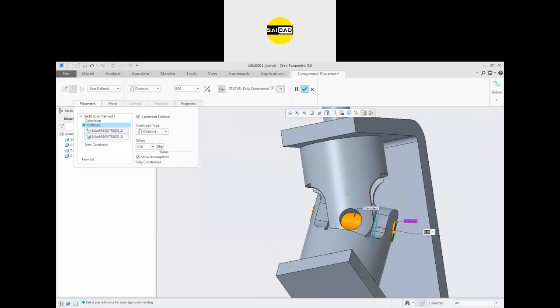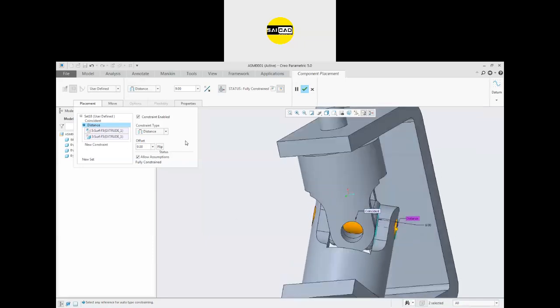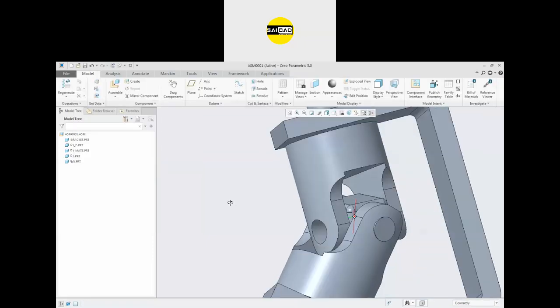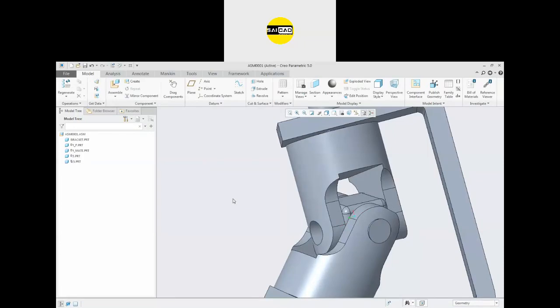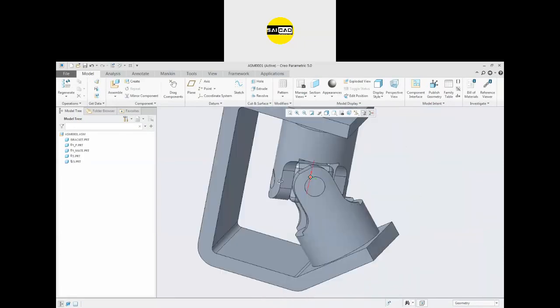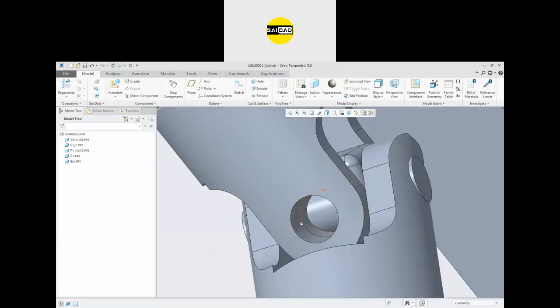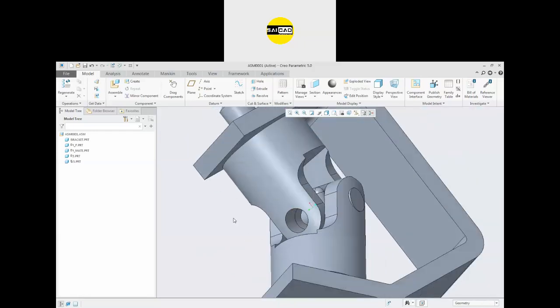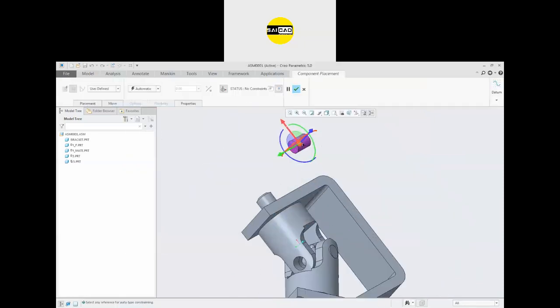So you can see it is around 9. Define the value 9, move that, and we have the object placed. So it is fully constrained, just click OK, and here is the thing applied like that. Okay, so you can define the distance, you can define the constant. So define accordingly. So this is the first relation. Now we have to insert a second pin here. We go to the symbol, we have the second pin, that is the smaller one.